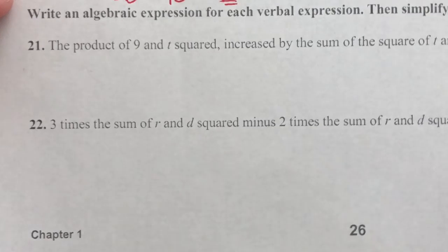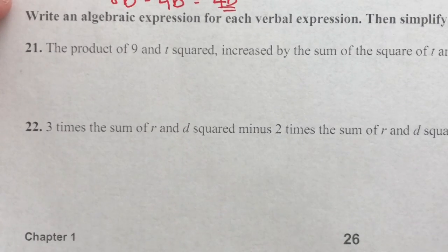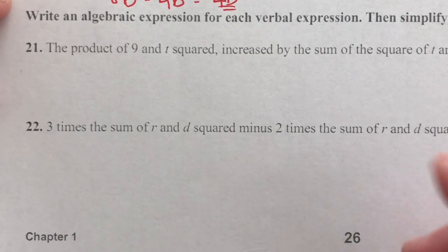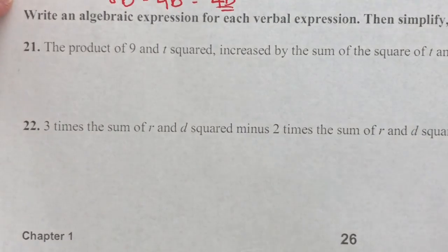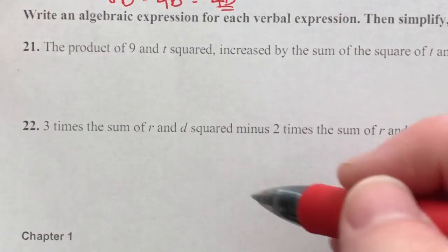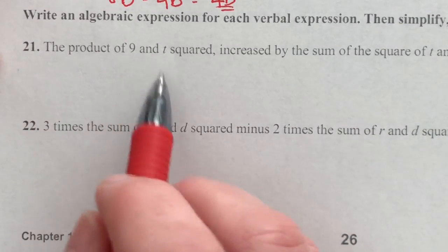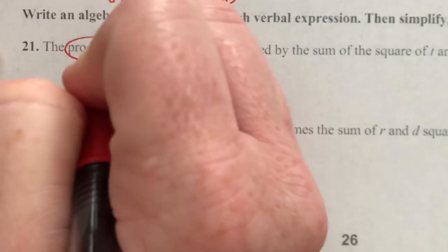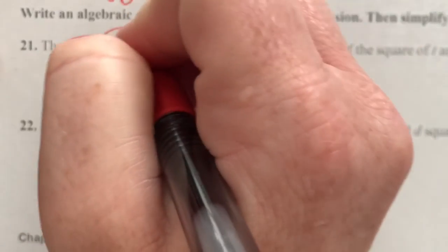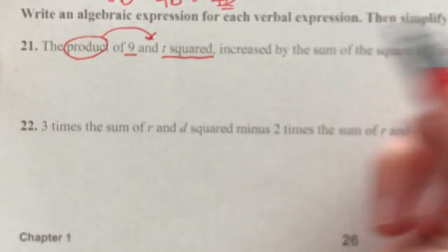And then lastly, write an algebraic expression for each verbal and then simplify, indicating the properties used. Okay. So we're going to start off with an equation, simplify it step by step, and say which properties we used for each. The product of 9 and t squared, product of, and then we look for and. So I'm multiplying that guy with that guy. So 9t squared